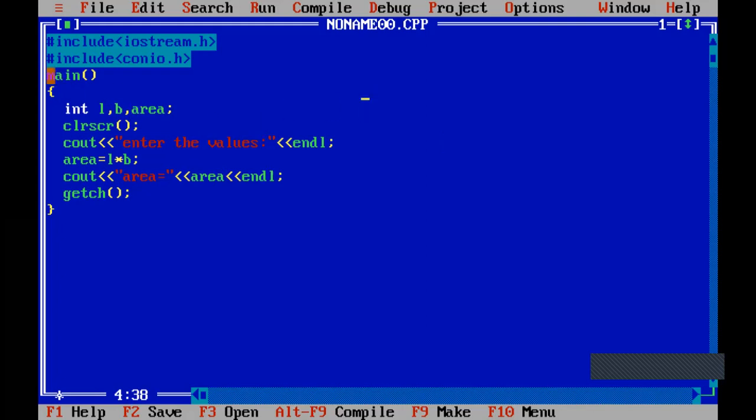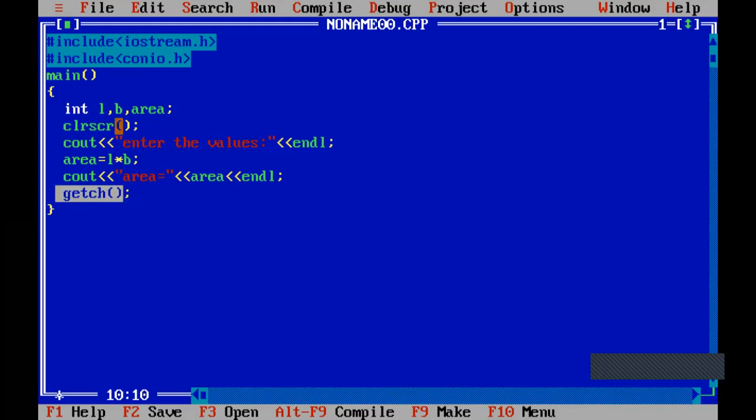Here, my main function has small brackets, clrscr has small brackets, and getch also has small brackets, which are called parentheses. These are written to show that this is a function. So to represent something as a function, we make use of small brackets called parentheses, and these parentheses are given only for functions.